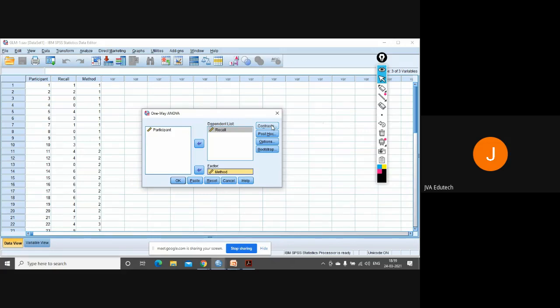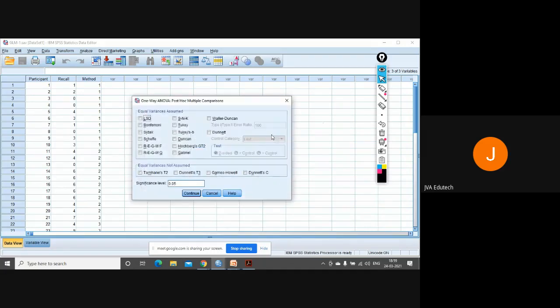When you are unaware which group will differ from the other groups, then you go for the post hoc method. Along with that, you have to also check for homogeneity of variance, because there should be homogeneity of variances in ANOVA. So the first thing that we will do is go for post hoc.